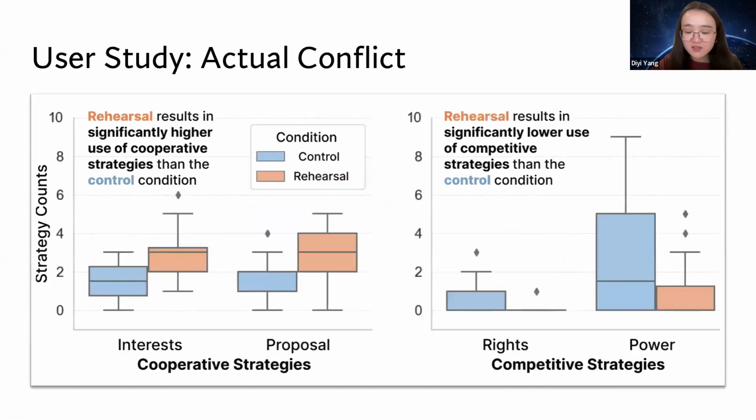In this researcher conflicts interactive evaluation, we found that there is a significant increase in the use of cooperative strategies. Basically, participants can double their use of interest-based messages. And we also saw a significant reduction in rights or aggressive strategies here. So participants reduce their use of competitive strategies by around